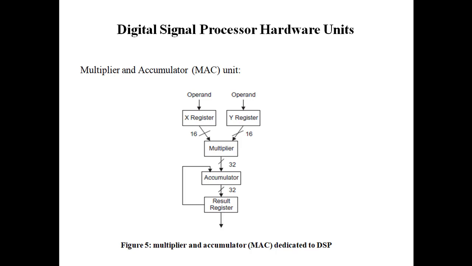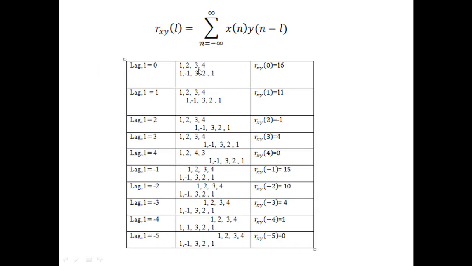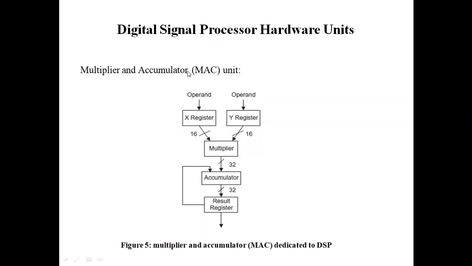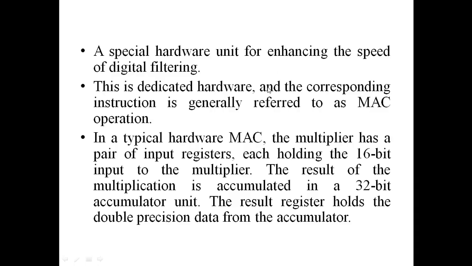Fine. Now when the next sample comes, in the sense, when 2 and minus 1 comes, this 2 and y of minus 1 are multiplied, and that has to be added with the previously stored result, right? And again when the next sample comes, that has to be multiplied and accumulated with the previously stored result. So basically that's what is happening here, sum of product. Once all the samples are accumulated, that is stored in Rxy of 0, in the sense in the result register.